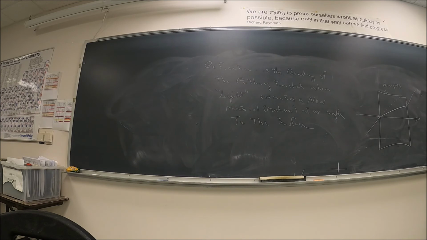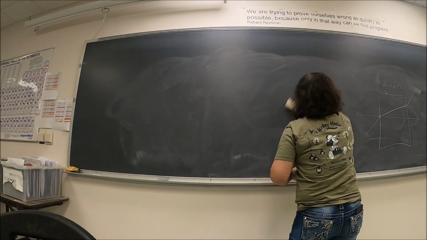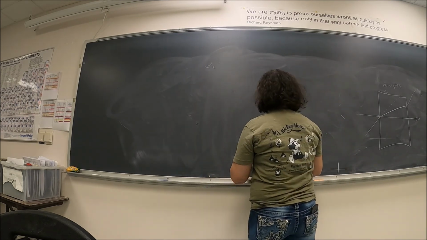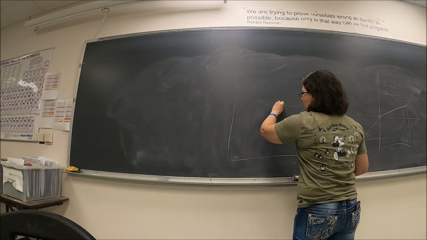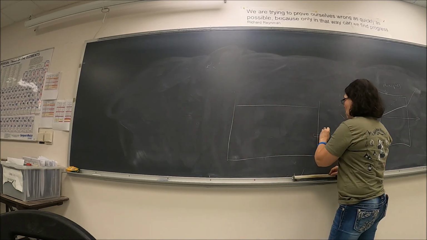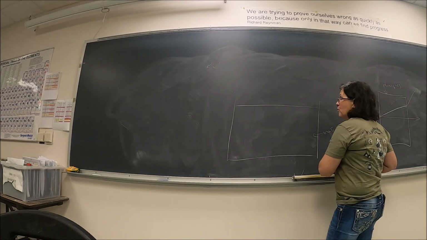So if we had a pool of water here, let me draw a pool here near the center. Okay, so if I had a pool of water, if I were to throw a rock